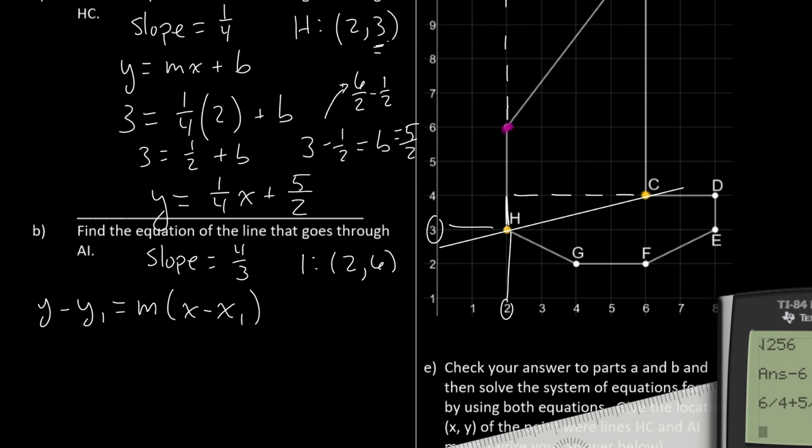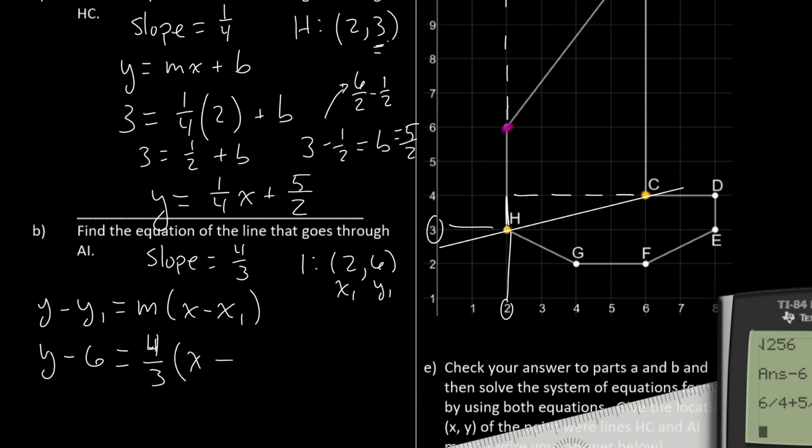You can see I'm using subscripts here. Y sub 1 and x sub 1 refer to this xy point that I know. If I write everything down without solving for b, this is kind of slick actually. So I can write y minus 6 equals my slope, which is 4/3,